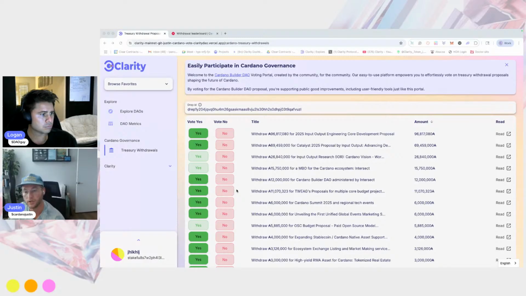Another thing that we're looking into to make this a smoother user experience is to directly grab your DRep ID from the connected wallet, so that you can skip that step of needing to find your own DRep ID. Working with the Mesh team to make that endpoint easy to grab. So hopefully have some updates on that soon.